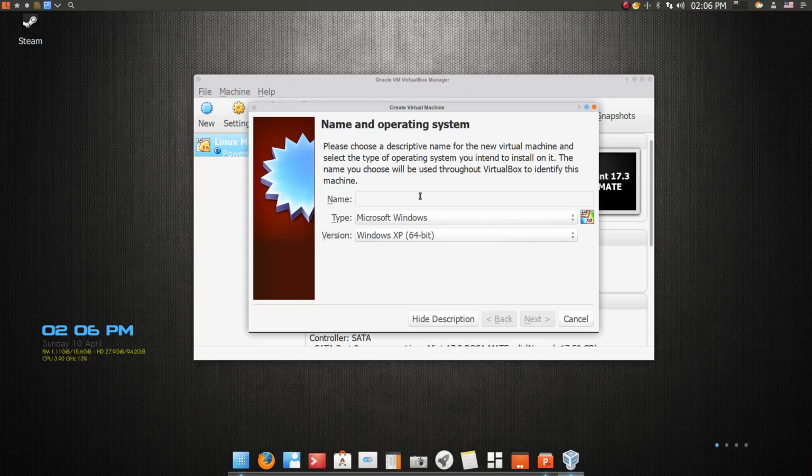We'll call it Debian 8.4 GNOME. We'll call it Jessie too. Jessie GNOME. Go to next,